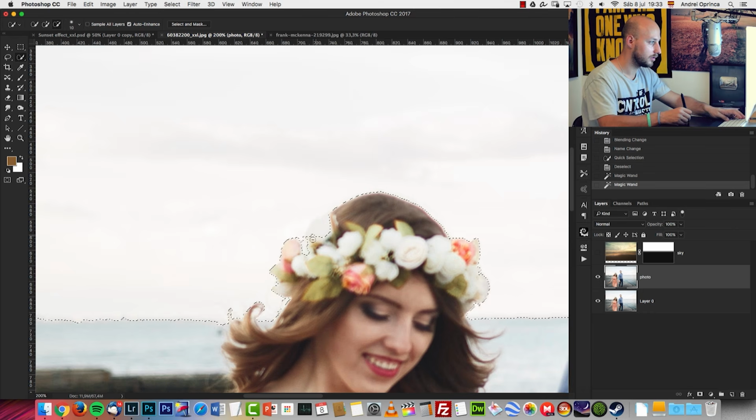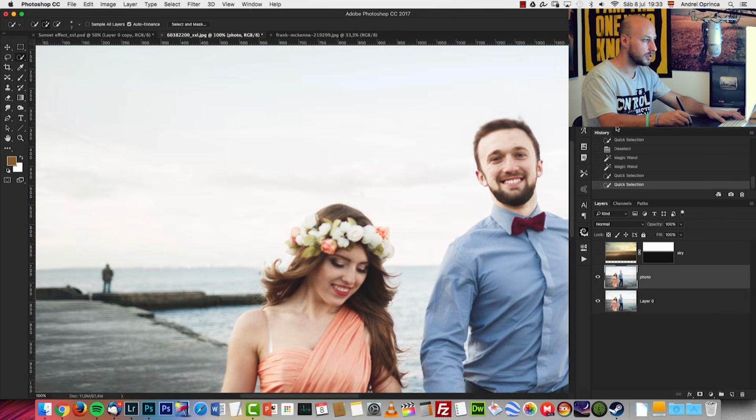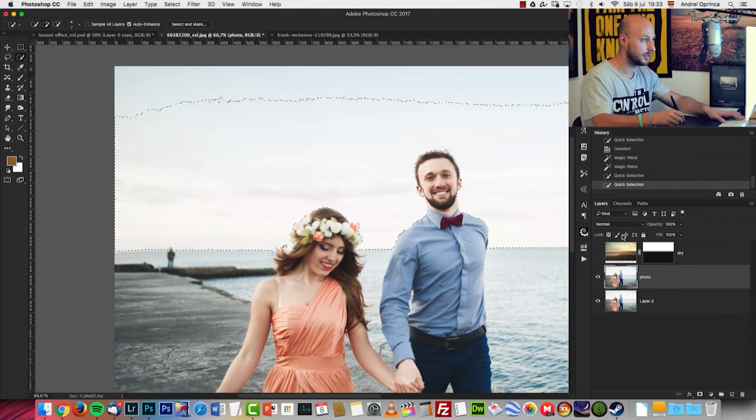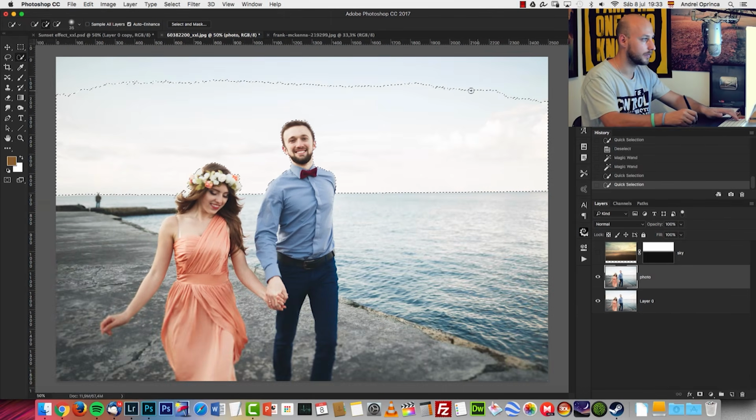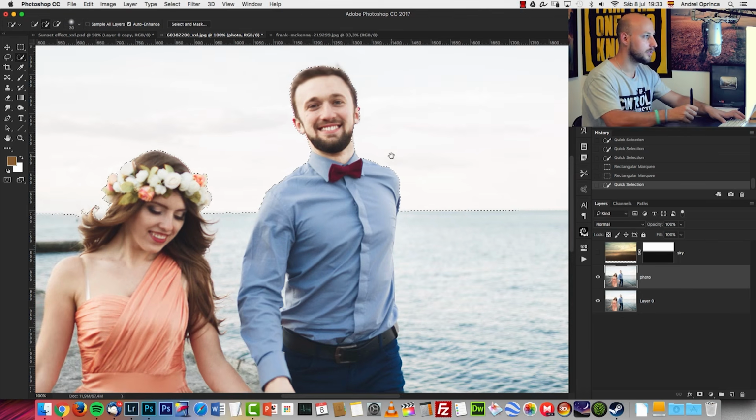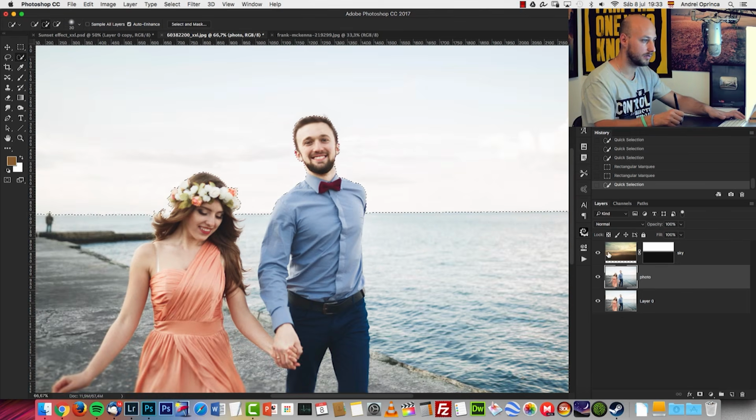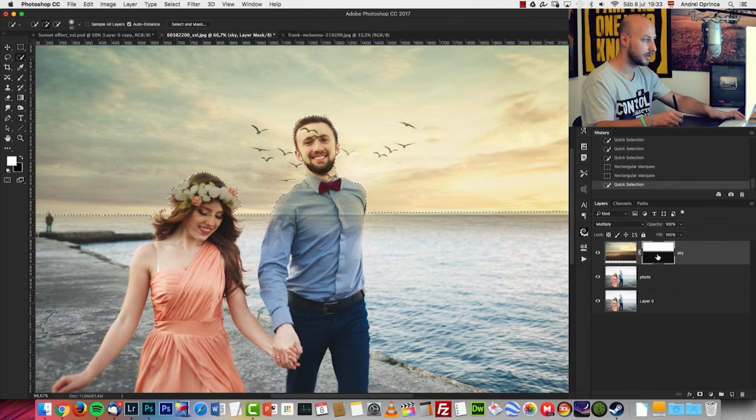I'm going to exclude this area from here. I'll just make a basic selection. Don't worry too much about the edges. We're gonna fix them. So with this selection ready, actually I have to include the top part. Great. Now with this selection ready, I'm going to activate my sky layer again and select this, and I have